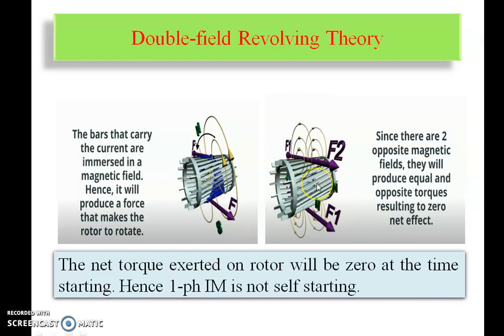But what actually happens here? Now the one flux will create one positive torque, while the other flux will create negative torque. That means the fluxes are two basic components: the forward, or positive component, and the negative component. The positive component will create one torque in one direction, while the negative component will create the torque in the other direction. Now suppose I am adding these two, then the net torque becomes zero, because both have the same magnitude but opposite directions. Hence my rotor will not rotate.